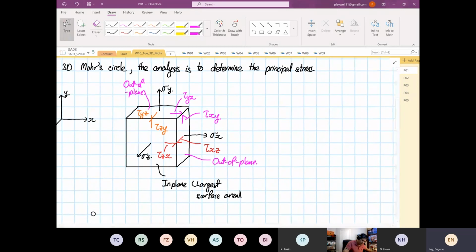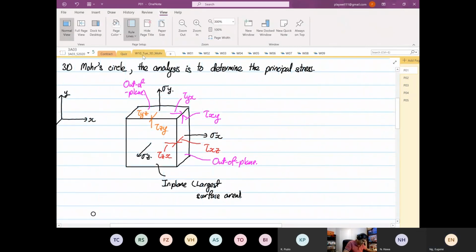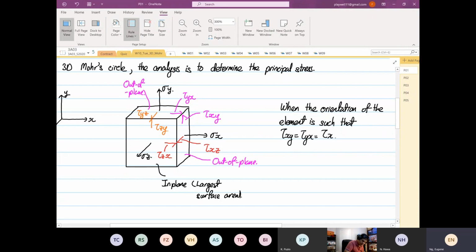When the orientation of the element is such that shear xy is equal to shear yx is equal to shear xz is equal to shear zx, and all of them, yz is equal to shear zy, is equal to 0, then the element